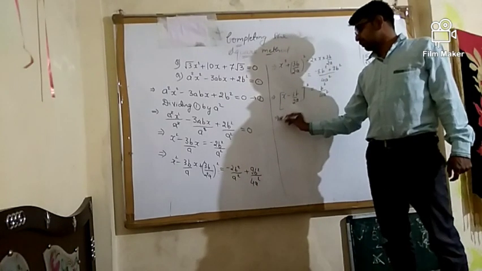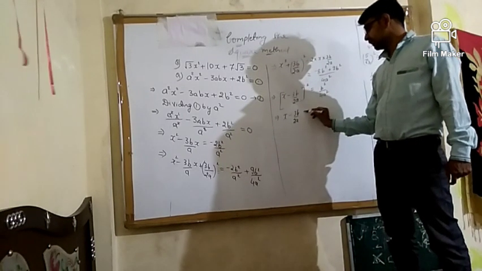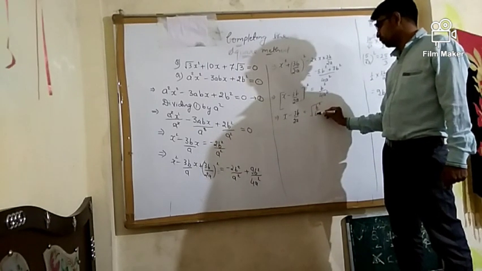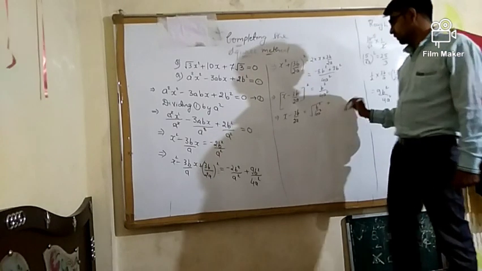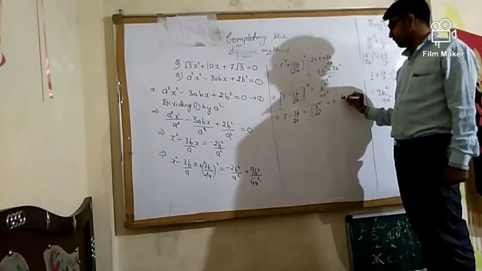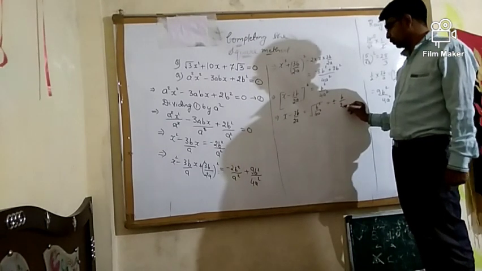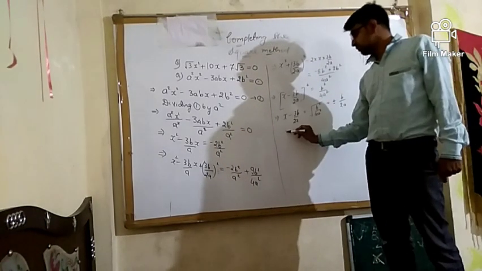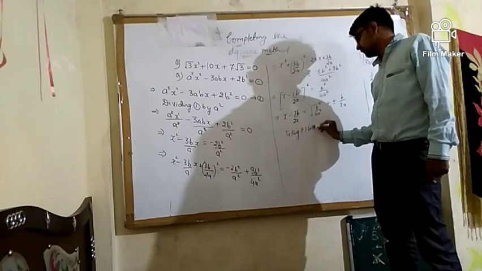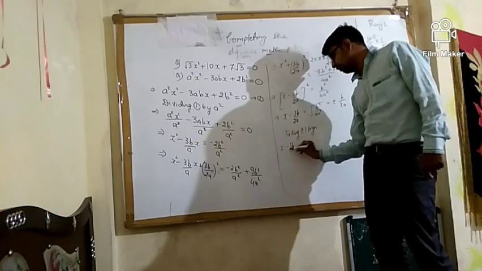Now removing this square, what I will get, x minus 3b by 2a becomes under root b square by 4a square, okay, plus minus. See, the square root of b square will be b, and the square root of 4a square will be 2a. Now same method, taking positive sign, what I will get is x minus 3b upon 2a